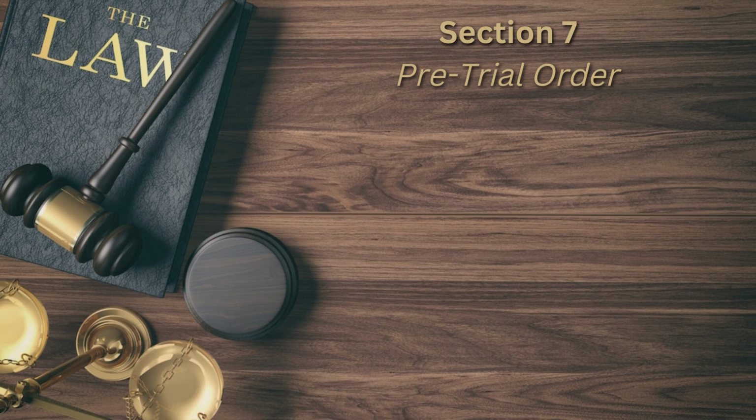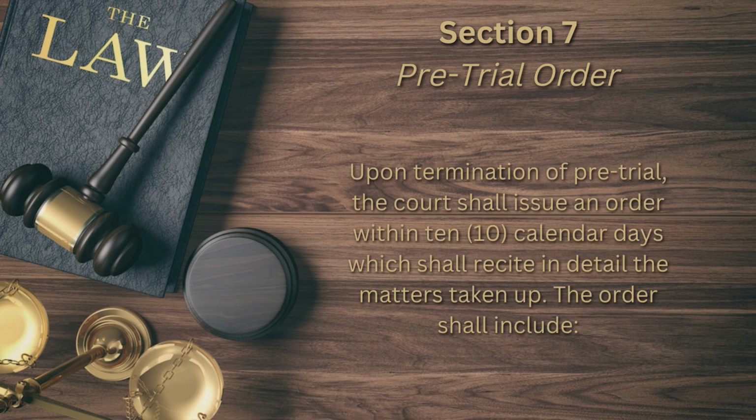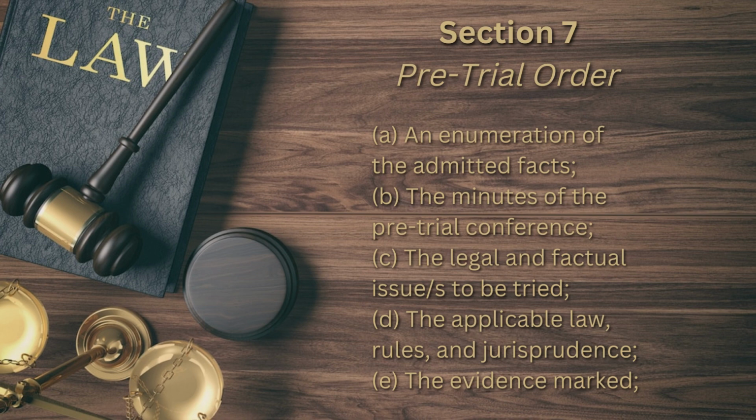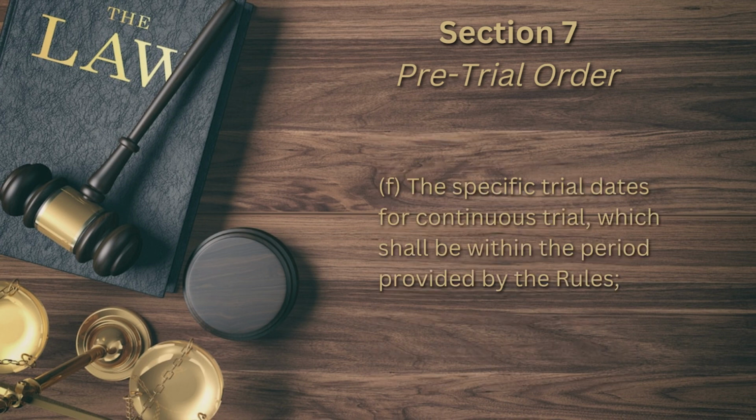Section 7. Pre-trial order. Upon termination of pre-trial, the court shall issue an order within 10 calendar days, which shall recite in detail the matters taken up. The order shall include an enumeration of the admitted facts, the minutes of the pre-trial conference, the legal and factual issues to be tried, the applicable law, rules, and jurisprudence, the evidence marked, the specific trial dates for continuous trial,